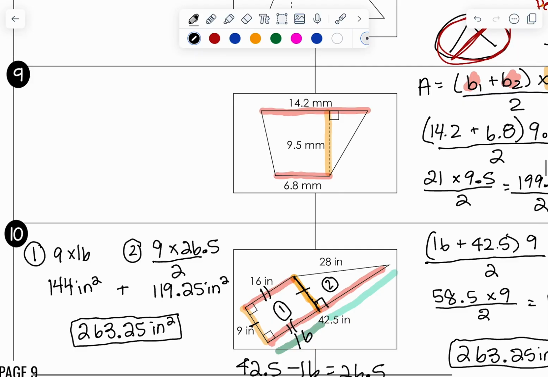Okay, problem 9. Whenever we have just a trapezoid, so it's not a right trapezoid, when we break it apart, we're going to have two triangles. I like to solve them as if they're identical, even though when we look at this one, they are clearly not going to be identical. Remember I showed you guys in class with